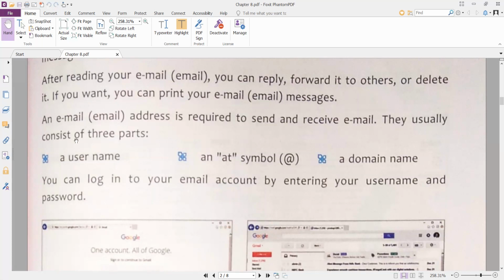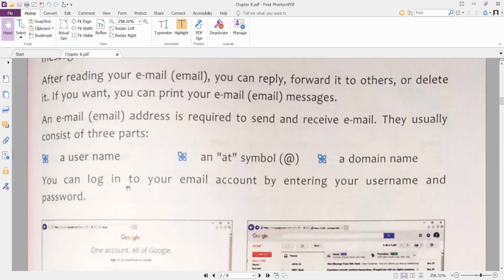So an email address contains three parts. First is the username, then the at the rate symbol, and last one is the domain name. Like if your name is Rahul Sharma, you can write Rahul Sharma at gmail.com or yahoo.com, or whatever your domain name is, you have to specify.